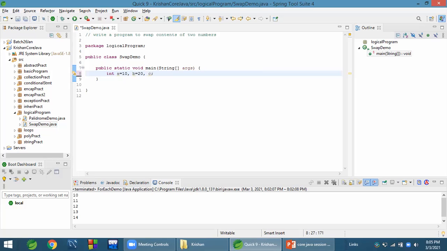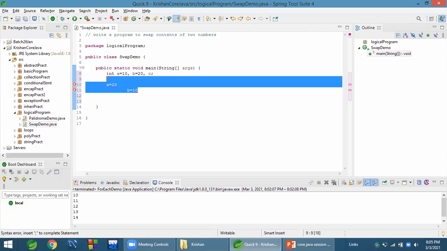C, I'm taking one variable C. Now, how can we swap contents of A and B? It means contents of B should go into A, and contents of A should go into B. A equals to 20 and B equals to 10. It should happen like this, and print it.